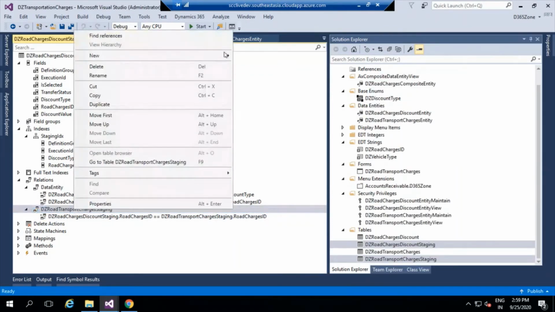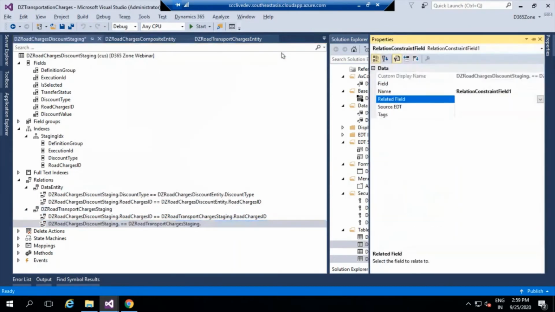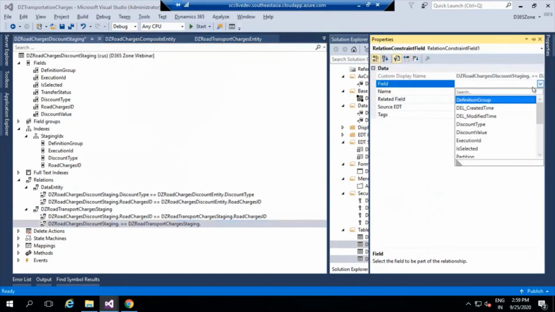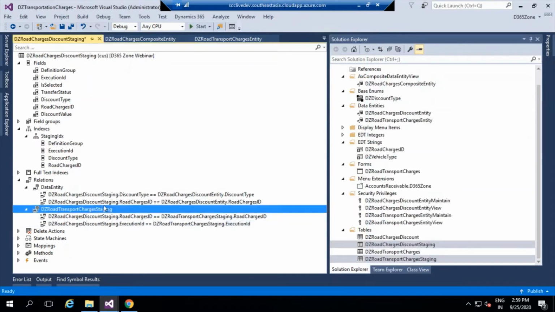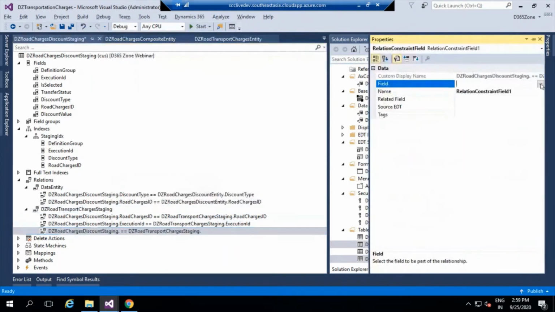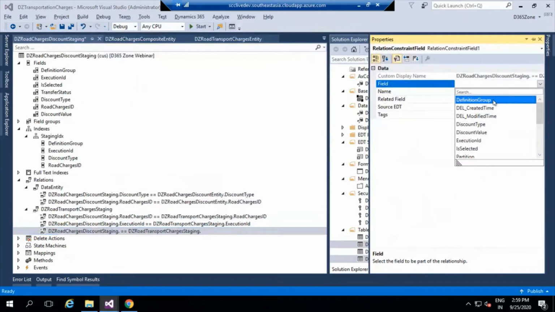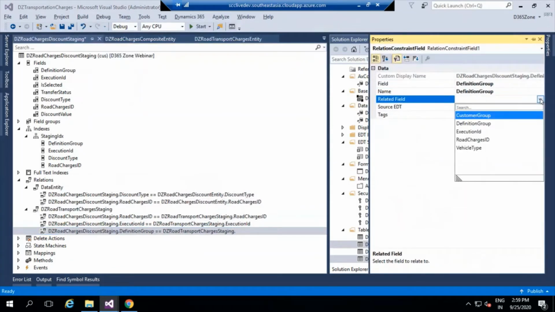On top of it, I'm going to add a relationship with the execution ID, which is available right here between both the staging tables, because as I said, both the executions should go in a similar fashion. And next, I'm going to add a normal relationship where I'm going to add my definition group, so I get the definition group related together. Perfect. Now we are done with the creation of the relations.